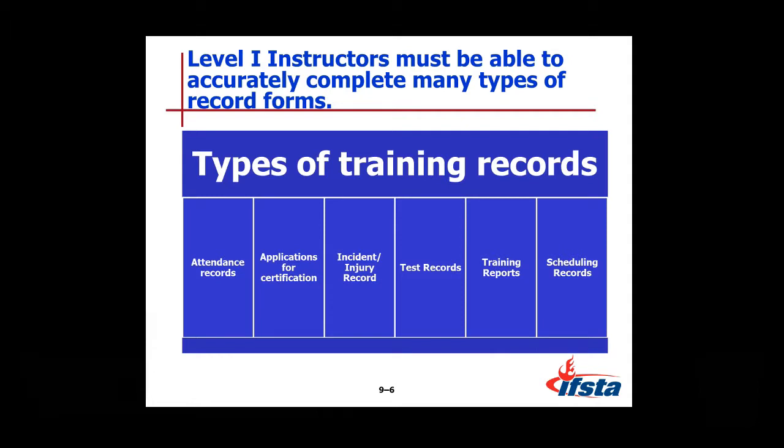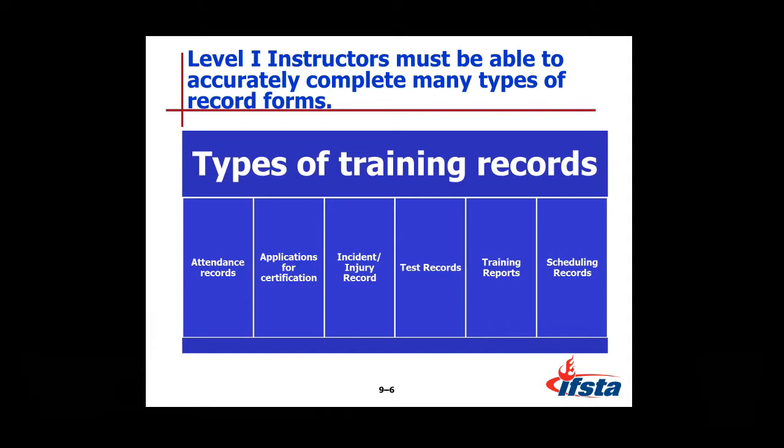Applications for certification. Chief, you've probably seen this over the last couple of years. The state has moved aggressively from paper records for certification to the new digital records for certification. For example, when you set a course up, you have to go through the State Department of Homeland Security. They issue you a course number. They issue you all your information. You have to do that online. There's no other way around it besides filling out the online application for certification. It's pretty easy, and we'll show you how to do that after the system gets up and running.